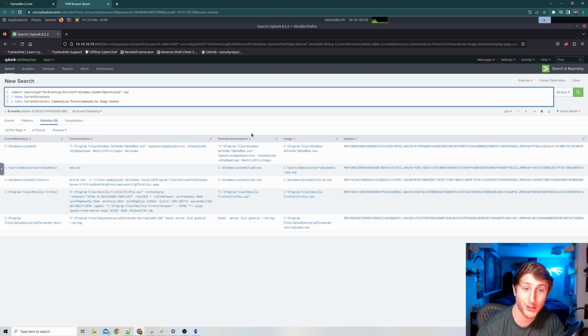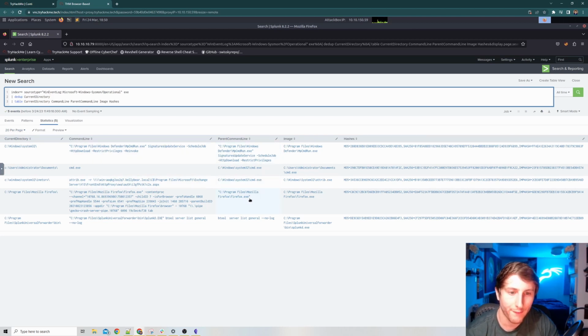And what we want to look through is each individual one and see which one of these is not in the right place. A lot of times with malicious programs, attackers will try to mask their program. They won't name it ransomware.exe. They'll name it something normal, like cmd.exe, or any random executable that looks legitimate. The key giveaway that something might be a malicious program is if it is a legitimate program name in a weird location. So for example, let's look at